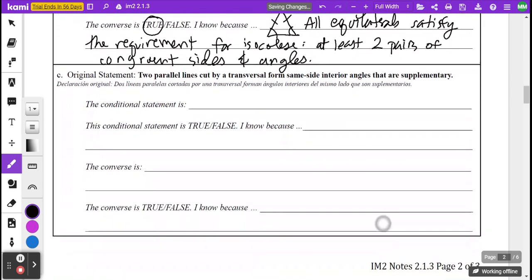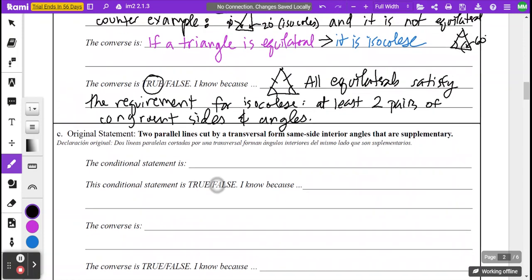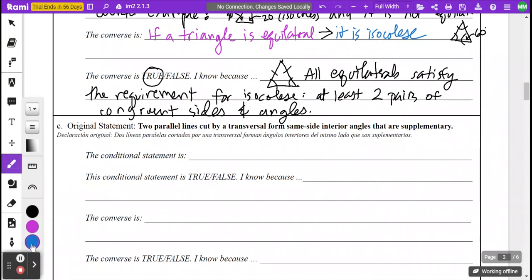Okay, part C. The original statement is that two parallel lines cut by a transversal form same side interior angles that are supplementary. So my hypothesis is that I have 2 parallel lines and they're cut by a transversal. The conclusion is that they form same side interior angles that are supplementary. So the conditional statement is